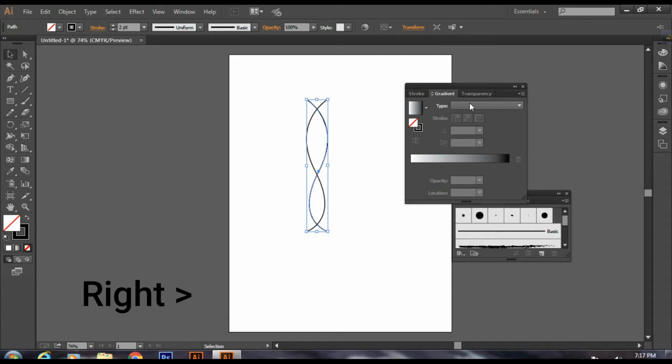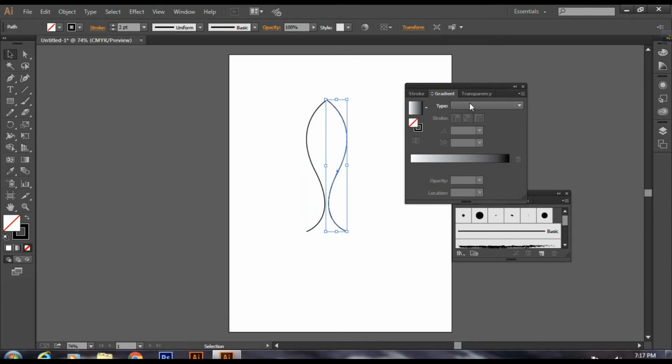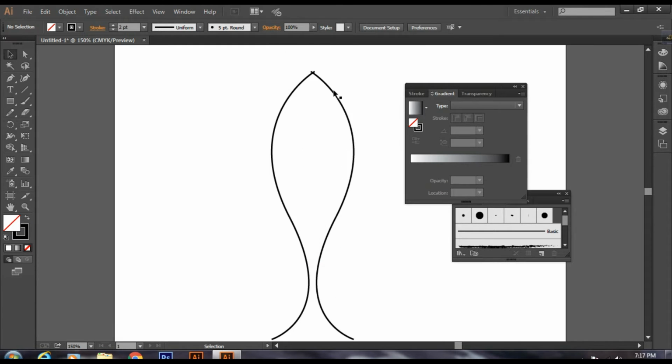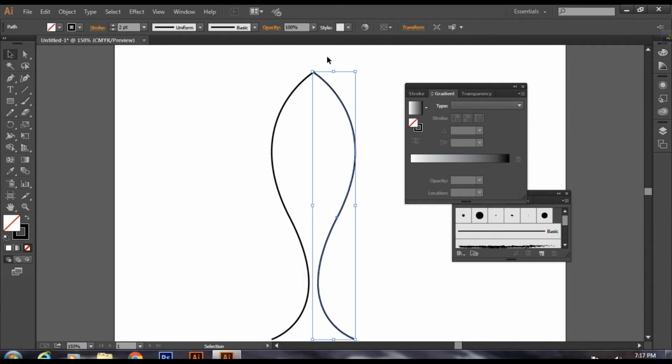Press the right arrow on the keyboard a few times, click on the artboard. You should maintain the path with the view of closing the both paths and select